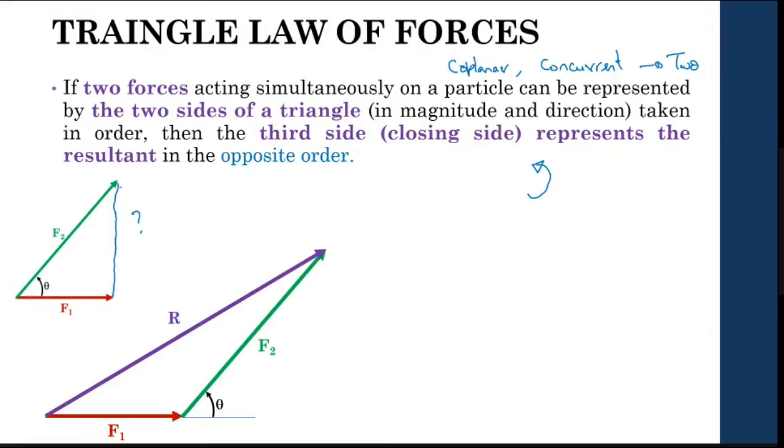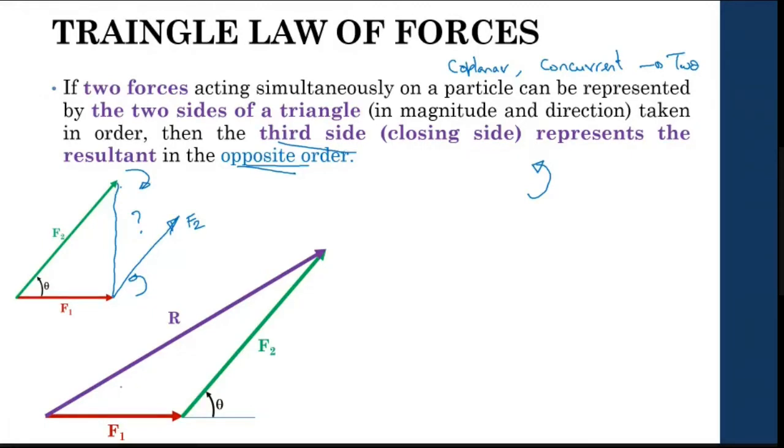So you can see here, this is my force. Right? When I combine with this force, it is moving in this direction. It is anti-clockwise. Whereas this force, when I combine with this, it is clockwise. So it should not be like that. Right? Both should be in the same direction. That's why I'm changing it like this. So if I consider here, it is like this, and this also like this. Right? The resultant alone is in the opposite direction. These two are in the same direction, the resultant is in the opposite direction. Right? That's why I am changing the force. So only the resultant should be in the opposite direction.